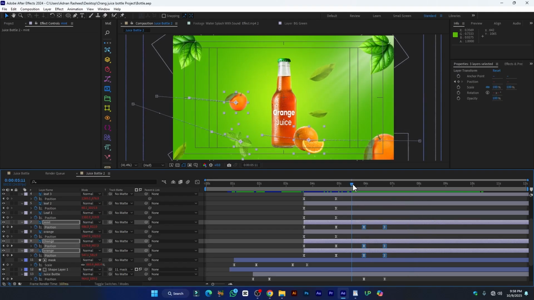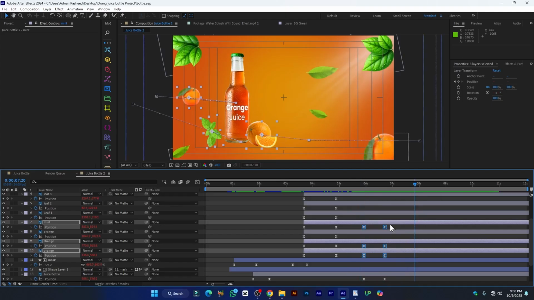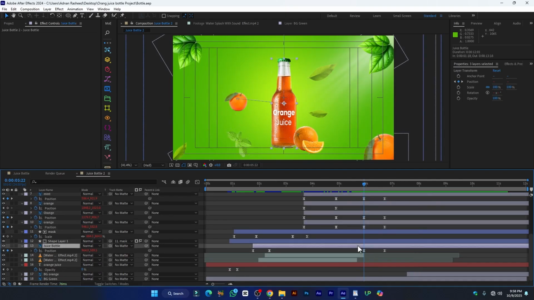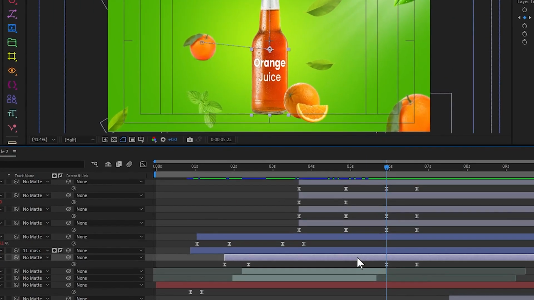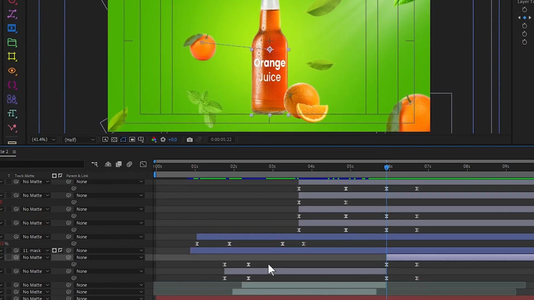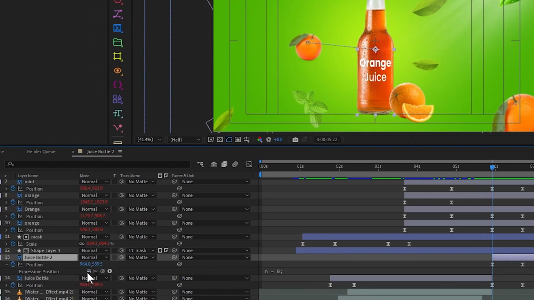And here is the problem. What is the problem? Here you can see this bottle is dancing at this point. So what I will do, around here only select this bottle layer, press Ctrl Shift D and split this layer, and again press U. Okay, and also delete these keyframes from here and then you can go inside, uncheck this